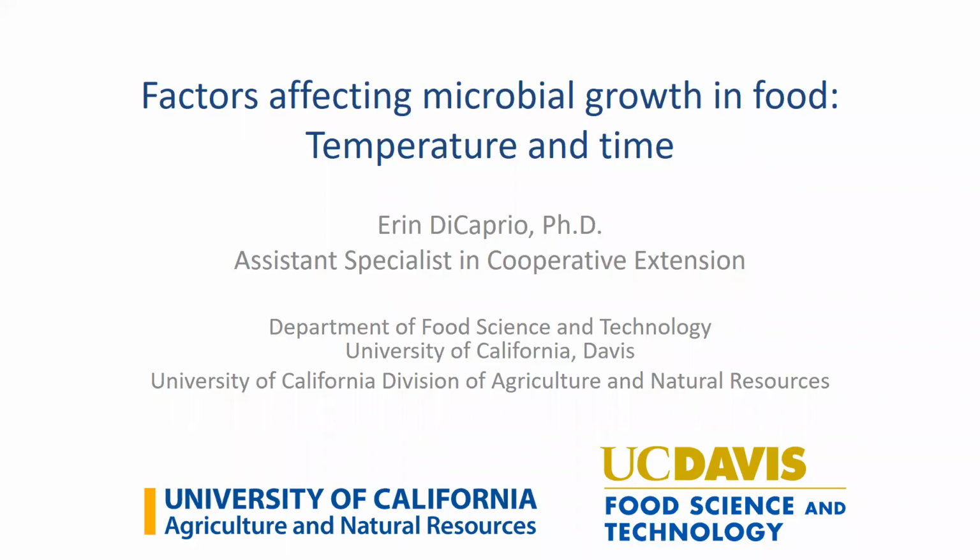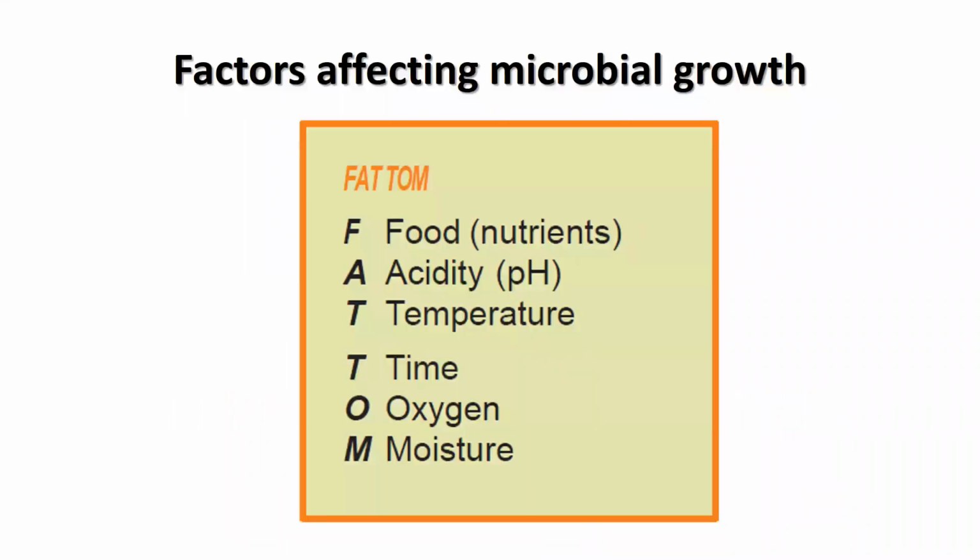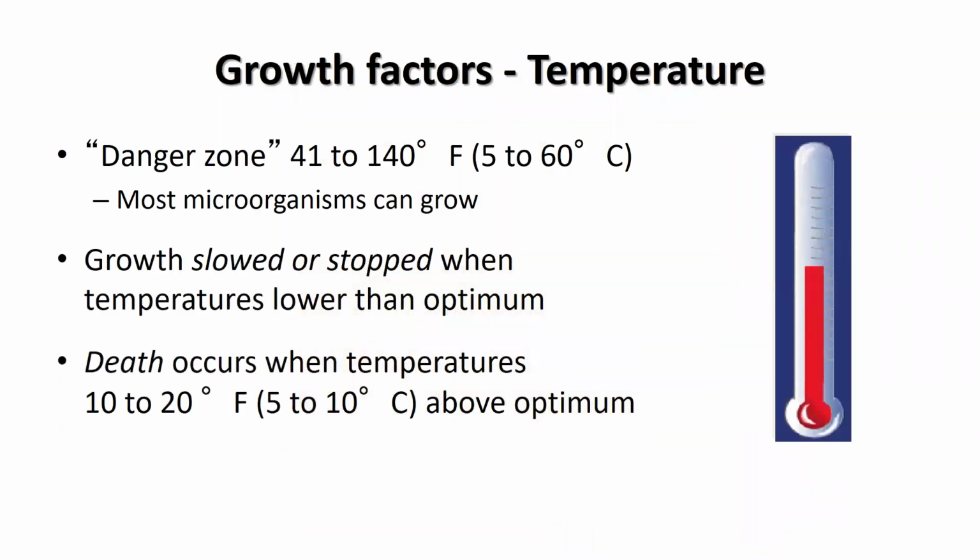Let's discuss the role of temperature and time on the microbial growth in food. A reminder again of the 6 important factors that impact microbial growth in food. Here we'll focus on time and temperature. There is a wide temperature range in which most microorganisms can grow. This is referred to as the temperature danger zone. It is important to keep foods out of this danger zone temperature range to minimize microbial growth and potential food